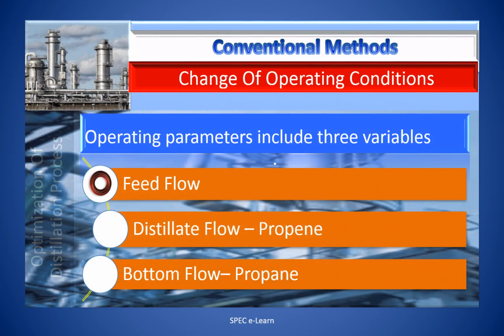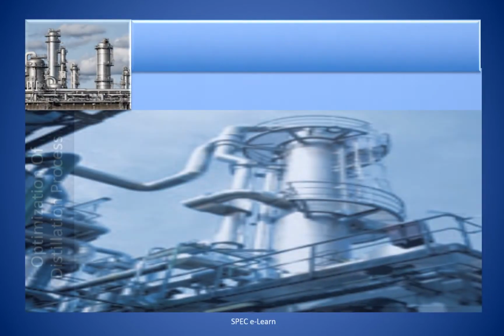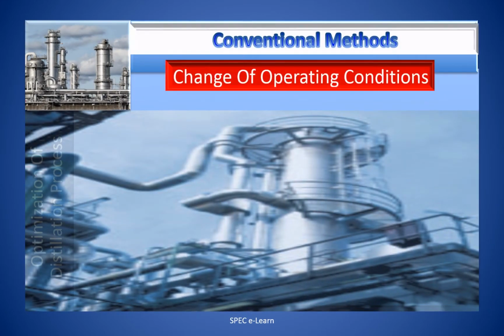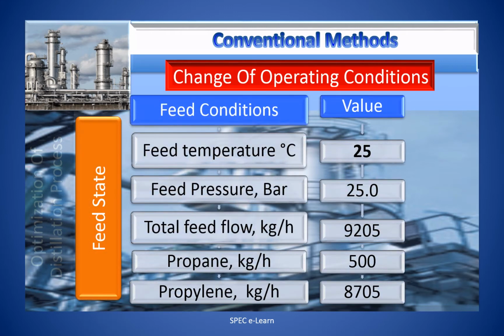Operating parameters include three variables. They are feed flow, distillate flow, and bottom flow. This table shows the feed conditions and the flow rate of the feed. Feed temperature 25 degrees centigrade, feed pressure 25 bar, total feed flow rate 9205 kg per hour, and propane composition